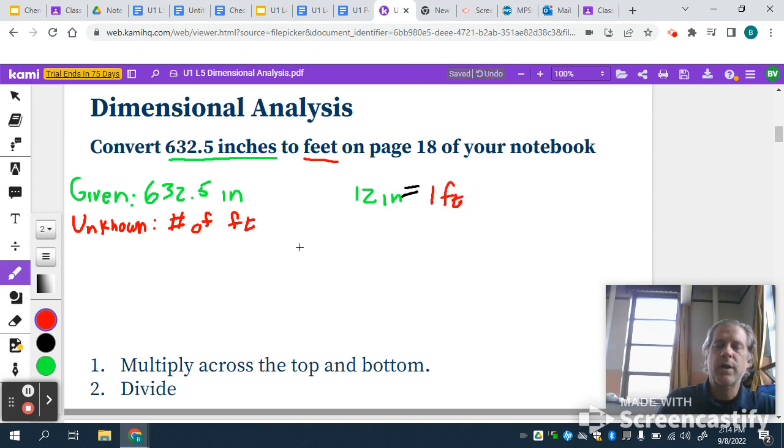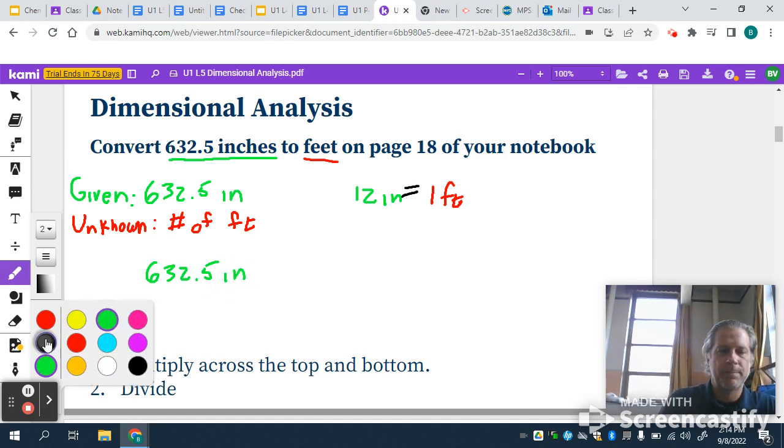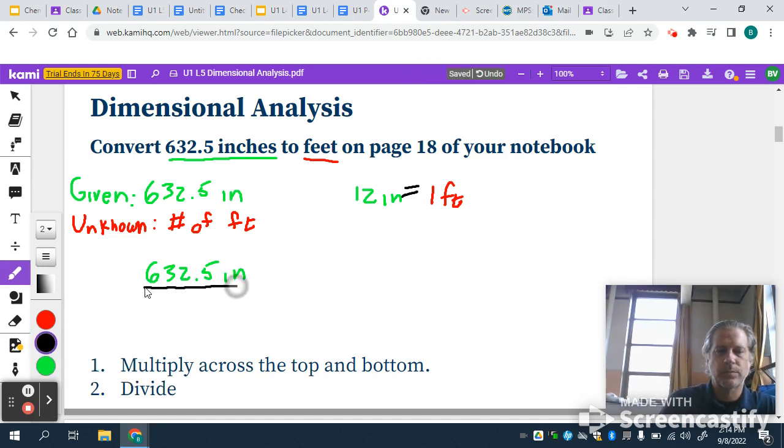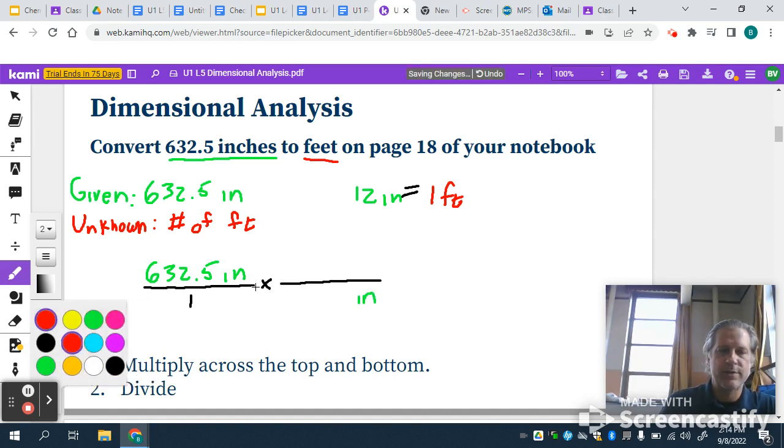Okay. And so we're going to use that knowledge to help us do this conversion. So the first step for all of these conversions is to take our given, which is 632.5 inches, and I'm going to put it over 1, like so. I'm then going to set up a conversion factor so that units of inches cancel out. So I want to put units of inches on the bottom,